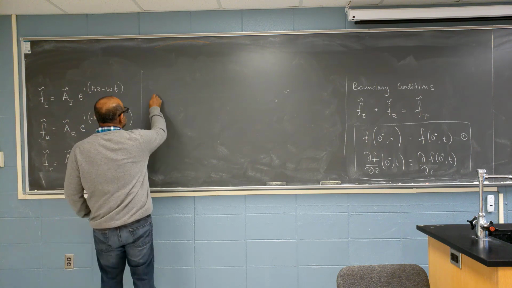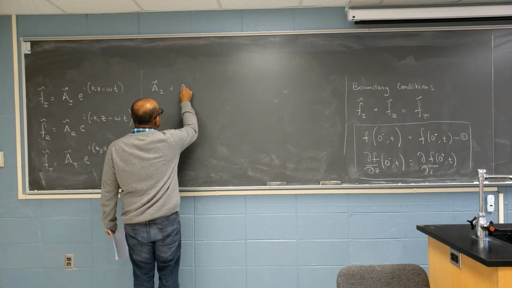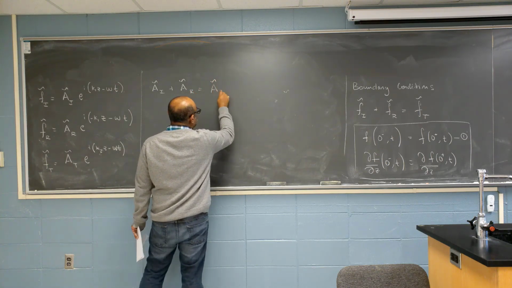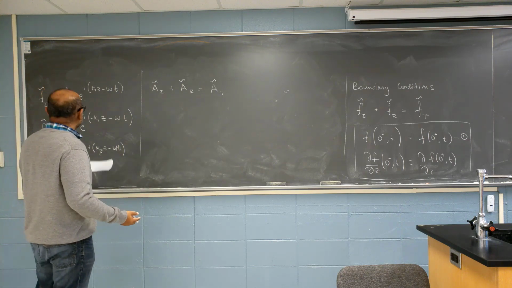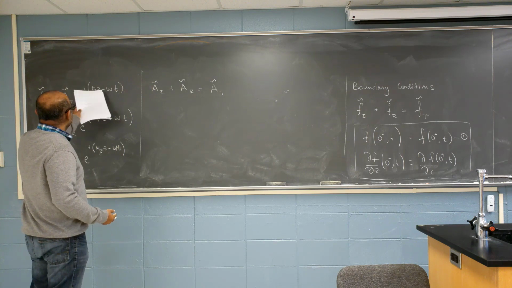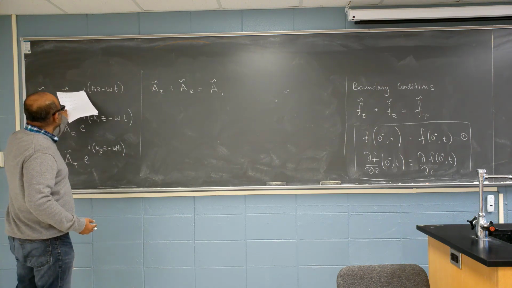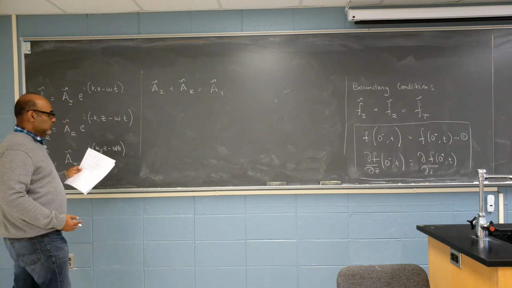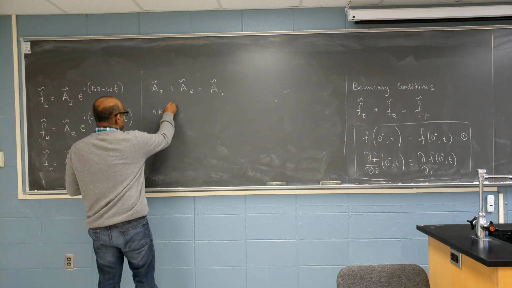And the first equation becomes incident plus reflected equals transmitted. And then I have to take the derivative. Every time I take the derivative, I get a minus i K1. So I would get i K1